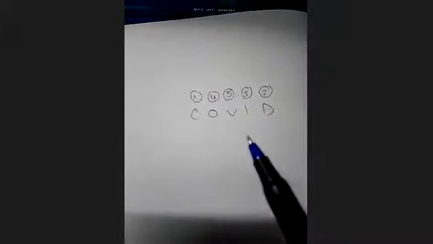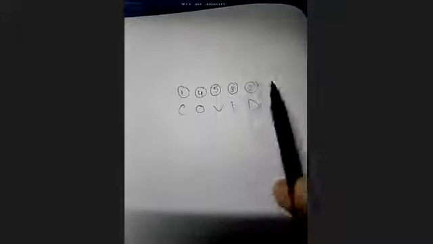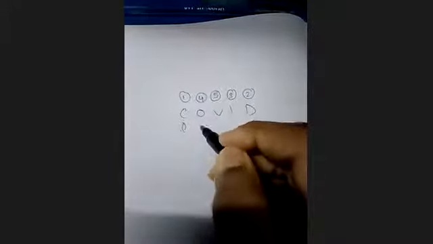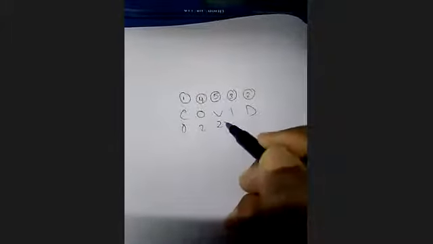So how many numbers are there which are lesser than 1 on the right hand side? No, your answer is wrong. How many numbers are there? On the right hand side of 1, 0. So 0. How many numbers are there on the right hand side of 4 which are lesser than 4? 2. How many numbers are there lesser than 5 on the right hand side? Again 2.